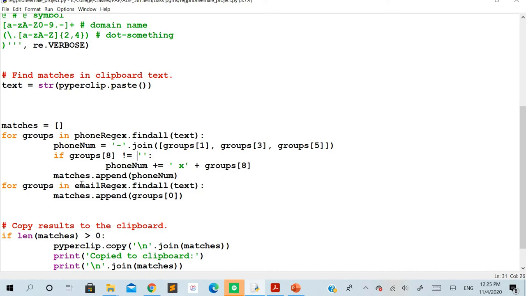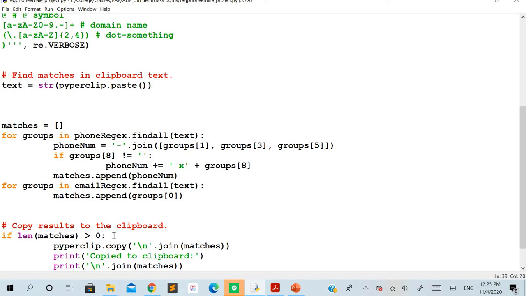Whatever matches have been found, you store them into the list known as matches. That's why the append method has been used. The first match, the second match, and so on, till it extracts all the matched values, will be stored into this list here. The same is done with the email. Since we do not have much grouping there, we can directly extract it and append it into the same list. So we have already created the list where we have extracted and stored all the matched values.